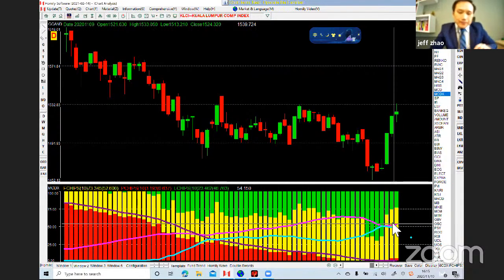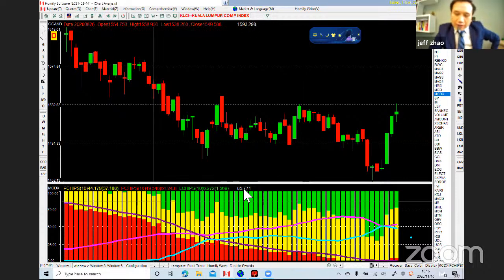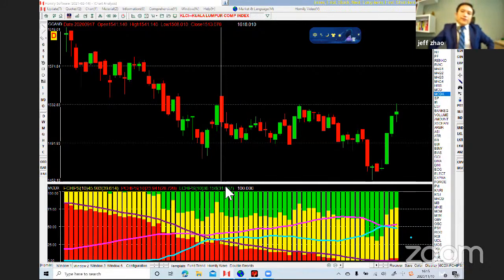And a lot of members ask me what's the difference between the MCD and MCDX. And today I will also explain what's the difference. So if you want to focus on the index or index shares, you need to use the MCDX. If you want to make a judgment of the non-index or non-blue chips, you can use MCD.